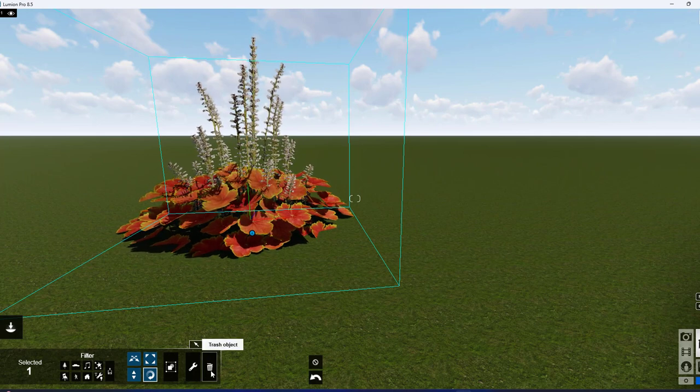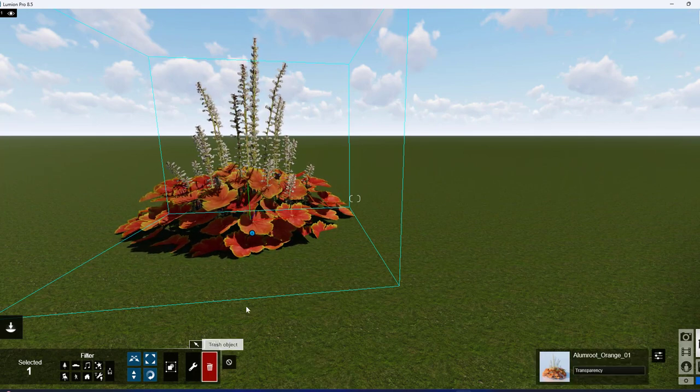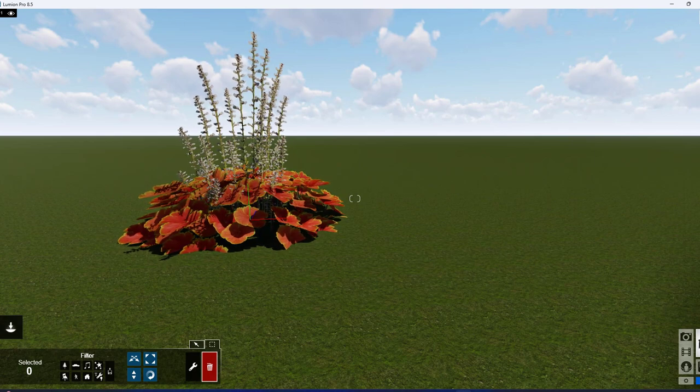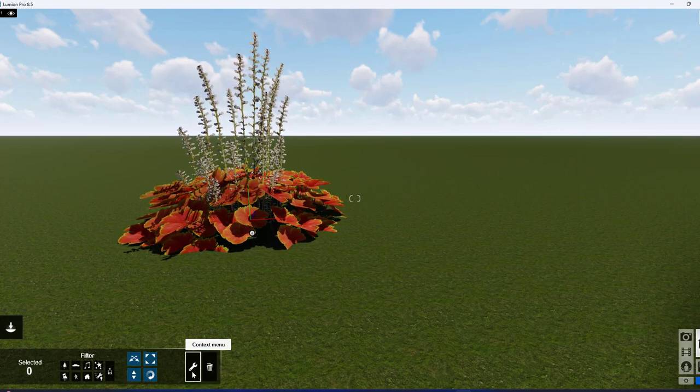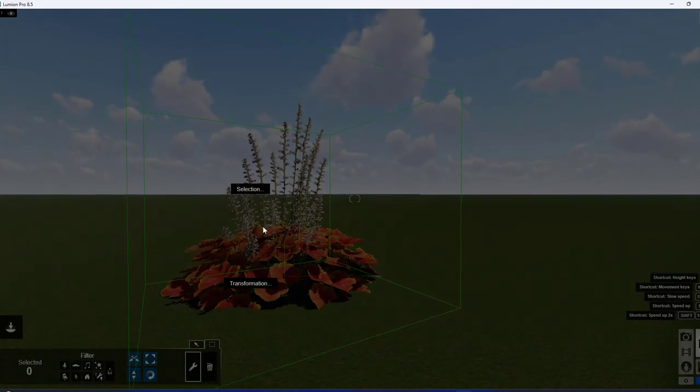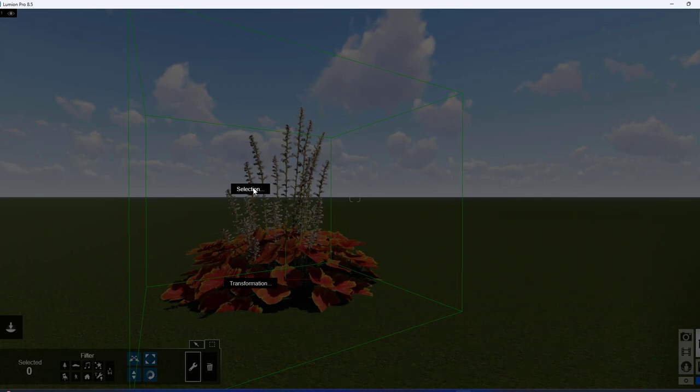And if you want to delete, we have the trash object here. Take that one and then make sure you are selecting that particular snap point or vertex point. Just pick it to delete. We can undo it one time by using the undo option. Now along with this move, size and change option, in order to get more properties of the plants, you can go with the context menu option and then select that point over the plant and then you can go to the selection method, that is selection.